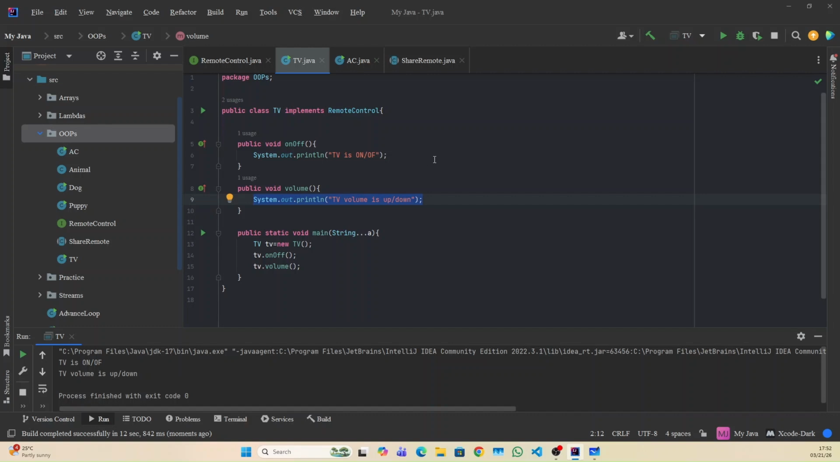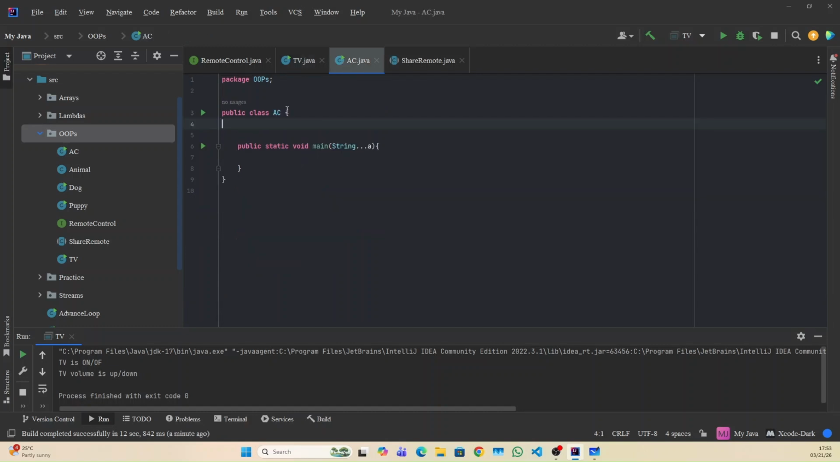So abstraction, so the interface says: I'll give you only the body, and as per your requirement, you can implement me. Like in the TV, we implemented on off for the TV and up down of volume. Now the same thing, if you are going to implement in the AC class, let me implement remote control. Then I need to